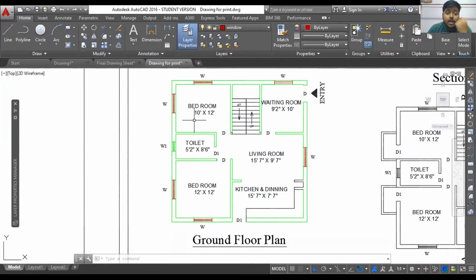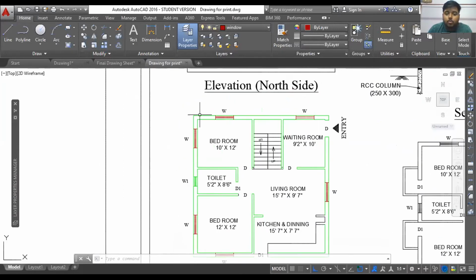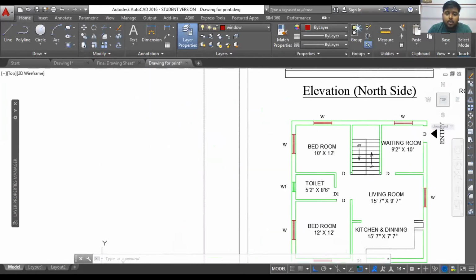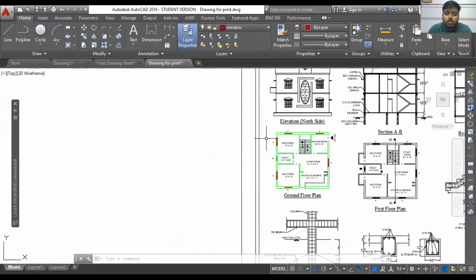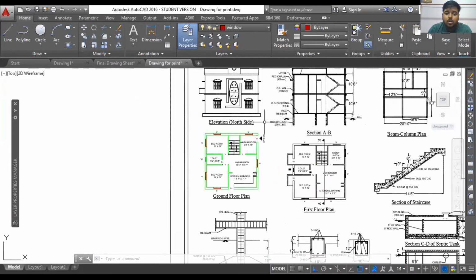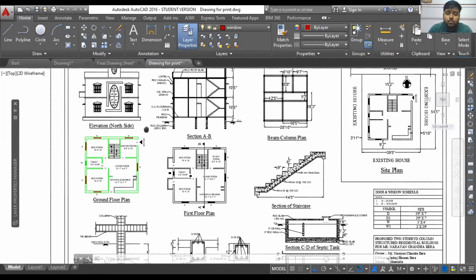Okay, and now coming to the part of how we can make this plan. In your drafting classes you were maybe introduced to the layer concept after knowing all these drafting tools, but this is something you should know from the very beginning, because we'll use that.